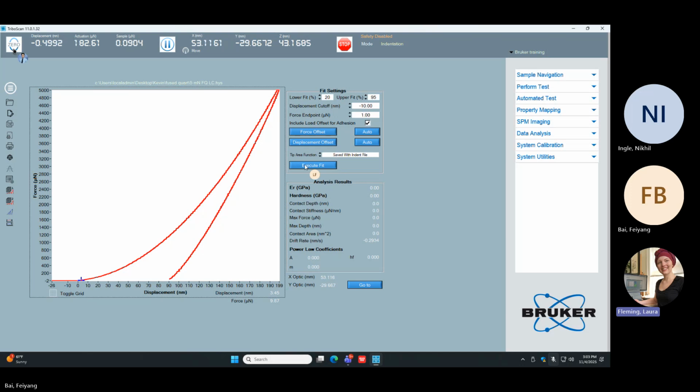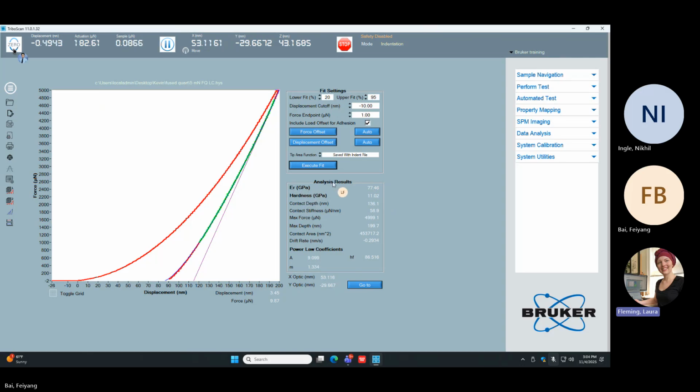Here we have our fit. So I'm going to go ahead and click execute fit. This is to get our reduced modulus and hardness results. You can see the lower fit settings, which choose how much of the unload curve we are fitting. So that's what this fit is here. And then we get our power law fit here, which is given with our power law coefficients here. And from there, we take that first derivative, calculated at the peak force, which gives us our x-intercept, which is our contact depth. And from there, and our stiffness, right? We get our stiffness from this too. So we get all that information, and from all that information, we calculate reduced